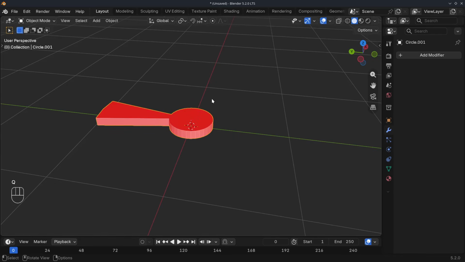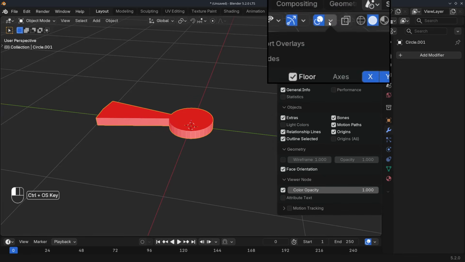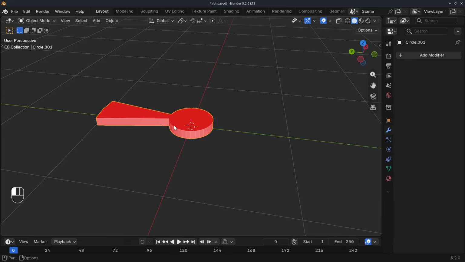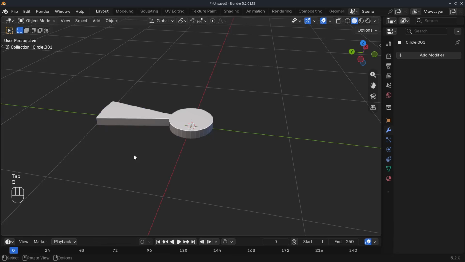So if I go into face orientation, which you can do by going over here and pressing face orientation, that's this menu right here. If this is red, then it's a problem. So we go into edit mode, we press A to select everything, shift N to flip those normals, and if it's blue, it's good. So I'm going to come back out of face orientation. So with all of that set up, we are going to come to the modifier tab right here,